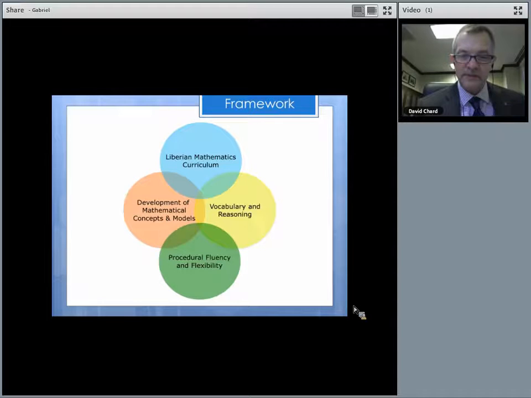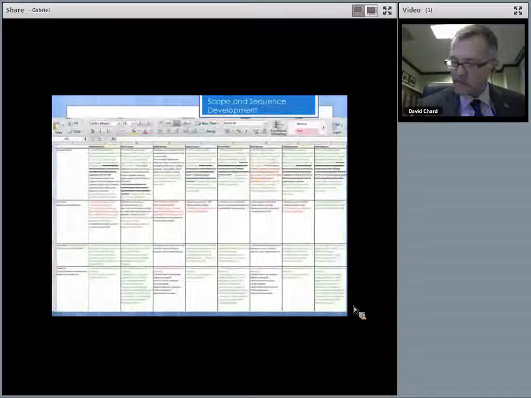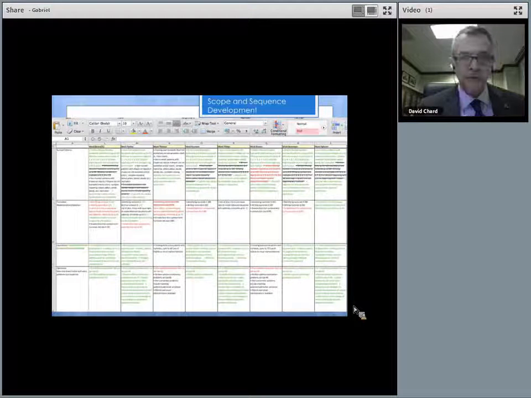If it's red, it means it was to be introduced. If it was black, it was to be practiced and reinforced. And if it was green, I believe it was to be independently practiced and assessed. So it gives you a sense of how we tried to scope this out across a number of weeks. I want to mention at this point that this represents the work of a number of people. In particular, I want to mention Wendy Ralangita from RTI, Arno Brombacher, Leanne Ketterlin-Geller, and Linda Plattis, who all helped work on the development of this scope and sequence so that it could be used across a number of projects. A lot of intense work was put into this.